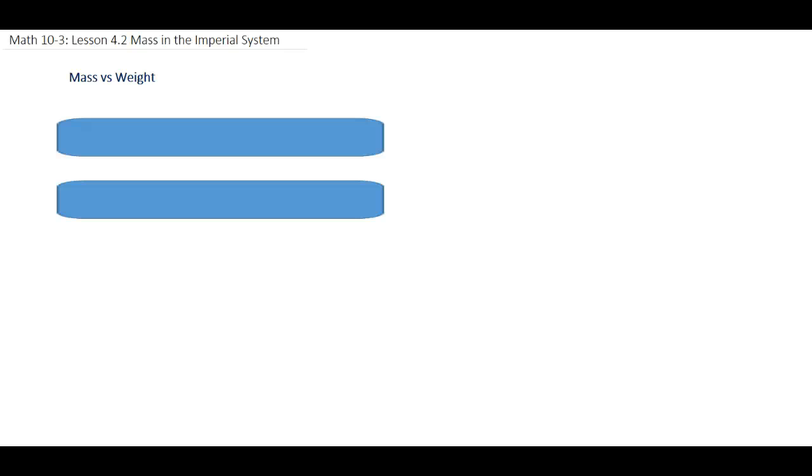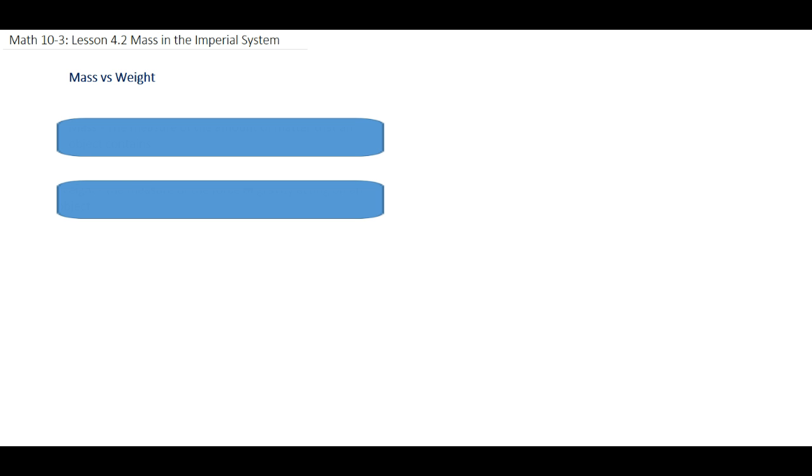So this is Math 10-3. We are doing lesson 4.2, mass in the imperial system. So remember that there's the metric system or the SI system and the imperial system. And so we want to talk first of all between mass and weight, because generally in the imperial system we